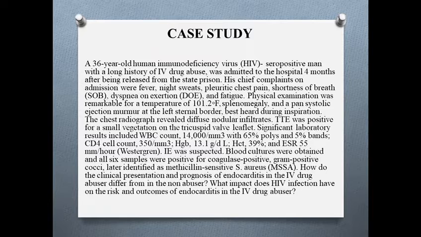Physical examination shows that his body temperature was 101.2 degrees Fahrenheit. His laboratory results showed that his WBC count was 14,000 per mm cubed with 65% neutrophils and 5% bands. His CD4 cell count was 350 per mm cubed. His hemoglobin was 13.1 grams per deciliter. His blood cultures came back positive for gram-positive cocci, and later it was identified as a methicillin-sensitive